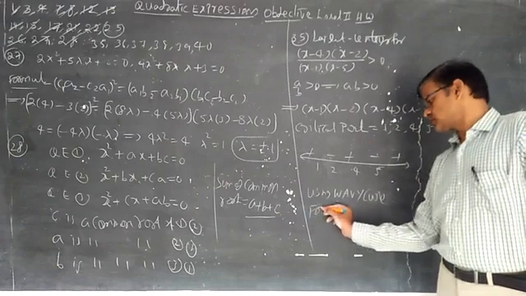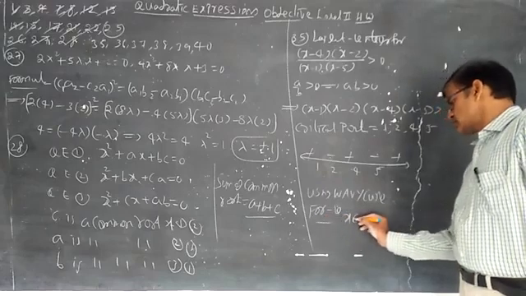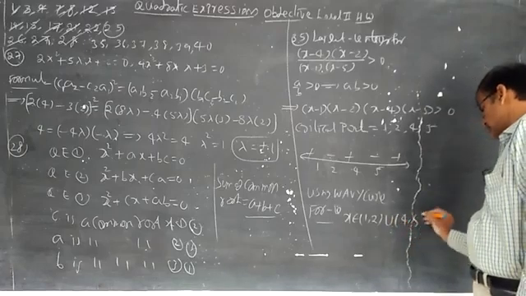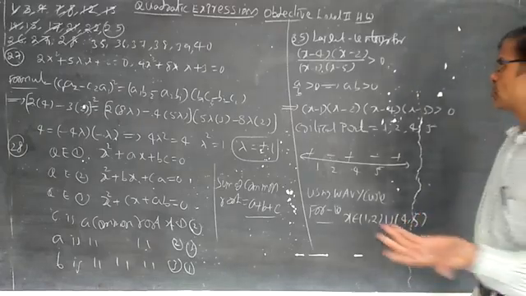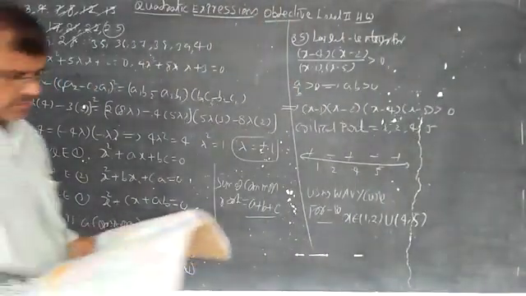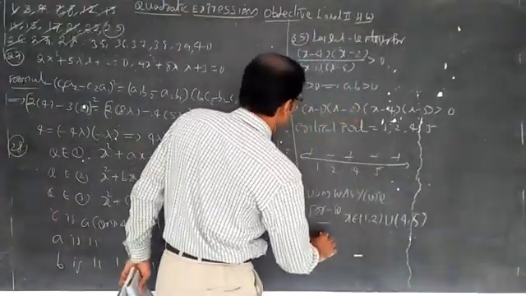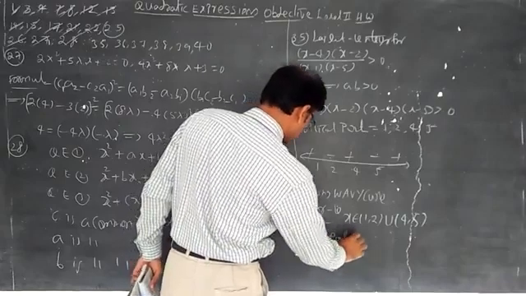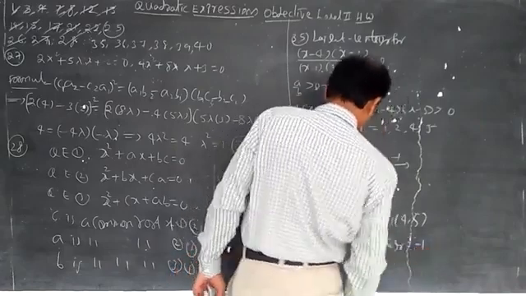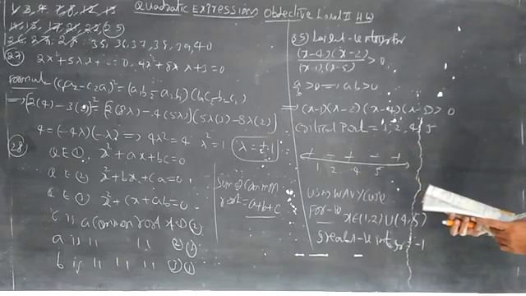So that is for positive; he is asking about negative. For negative, x belongs to (1, 2) union (4, 5). So lesser than 1 is the greatest negative integer. So minus 1 should be the option, that's all. According to your options, the greatest negative integer is minus 1. Of course, there is no negative integer we got.